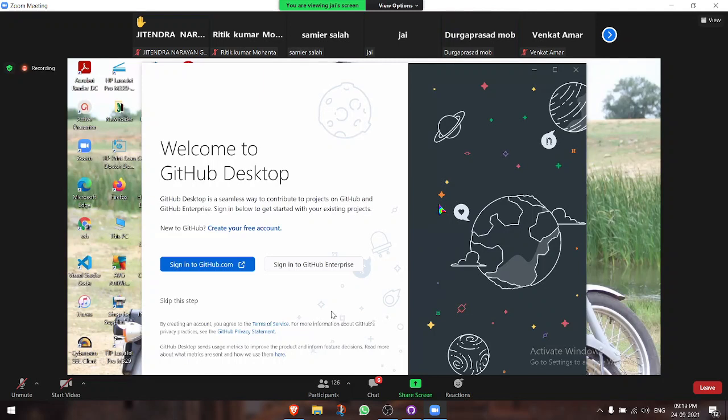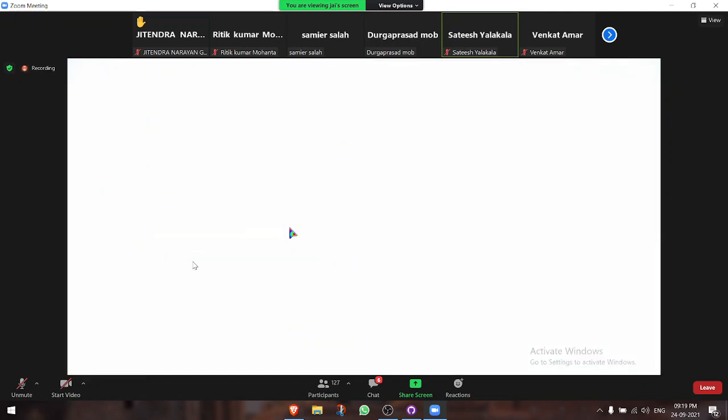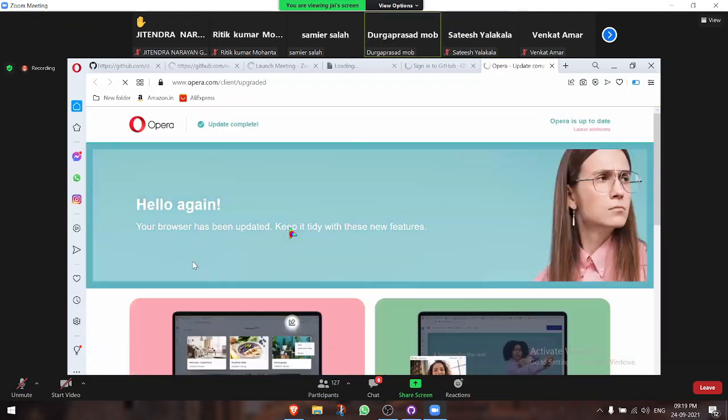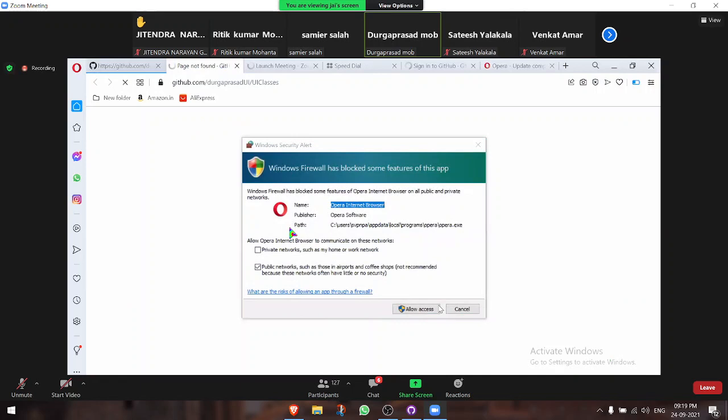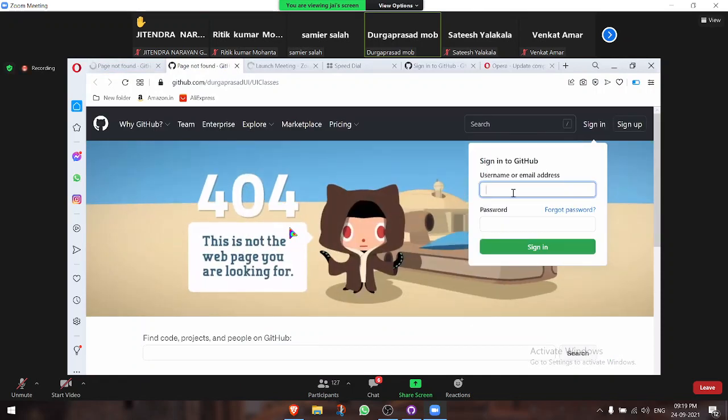Okay. So guys, hope everybody can see the screen where it says welcome to GitHub Desktop and sign in to github.com. Please click on sign in to github.com. Yes. It will redirect you to the browser. Okay. Why is this Opera coming? Okay. Now allow. No, cancel it. Okay. Now please give your user ID and password of your github.com.